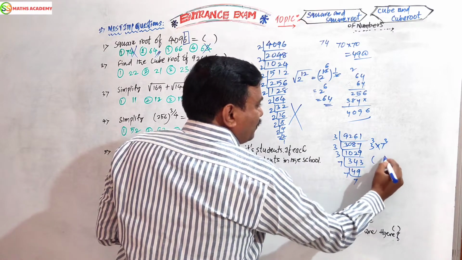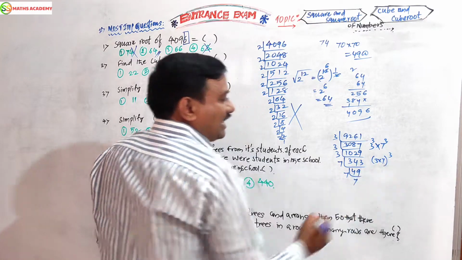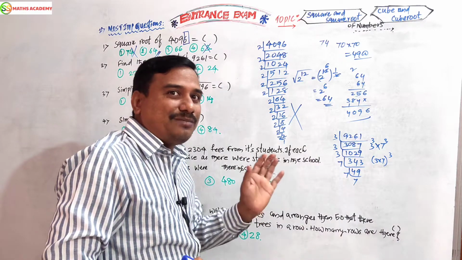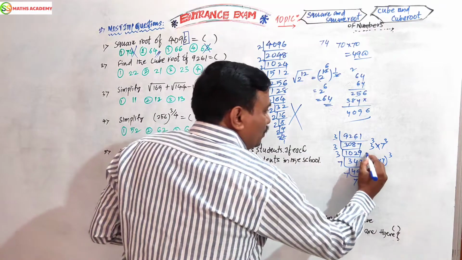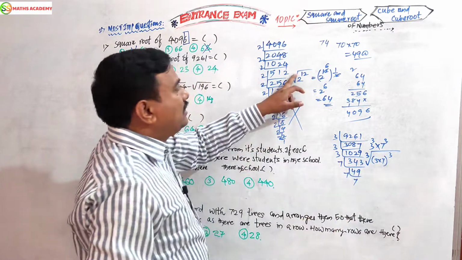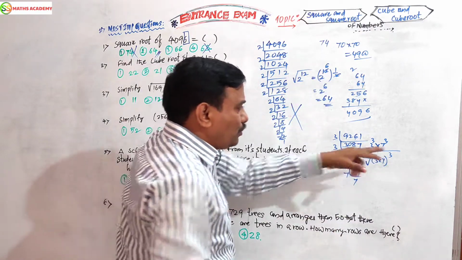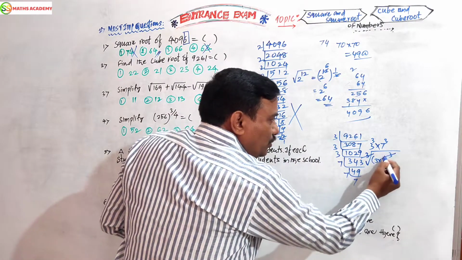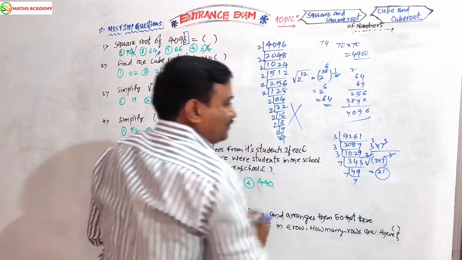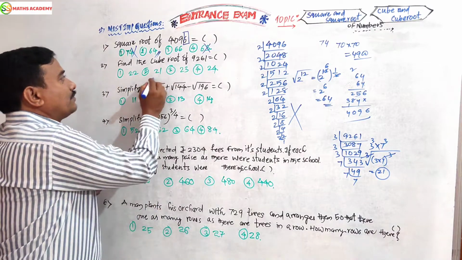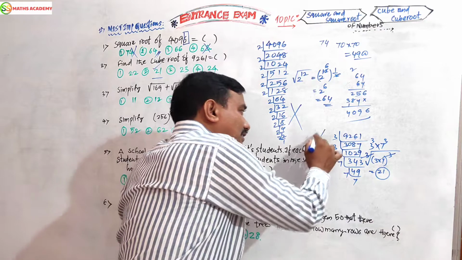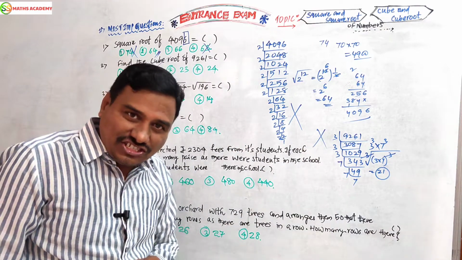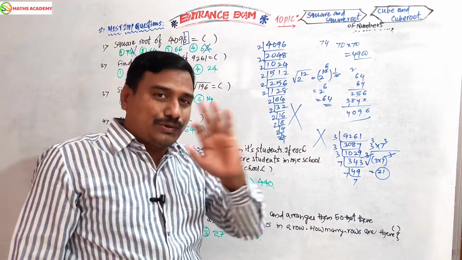Now 3 is common here. So 3 into 7 inside. 3 common, power common, 3 into 7 inside. What is the question? Cube root. Here square root, here cube root. This cube gets cancelled. 3 7s are 21. Finish, answer. But it is no need for examination style. You should go with the answer to the question.